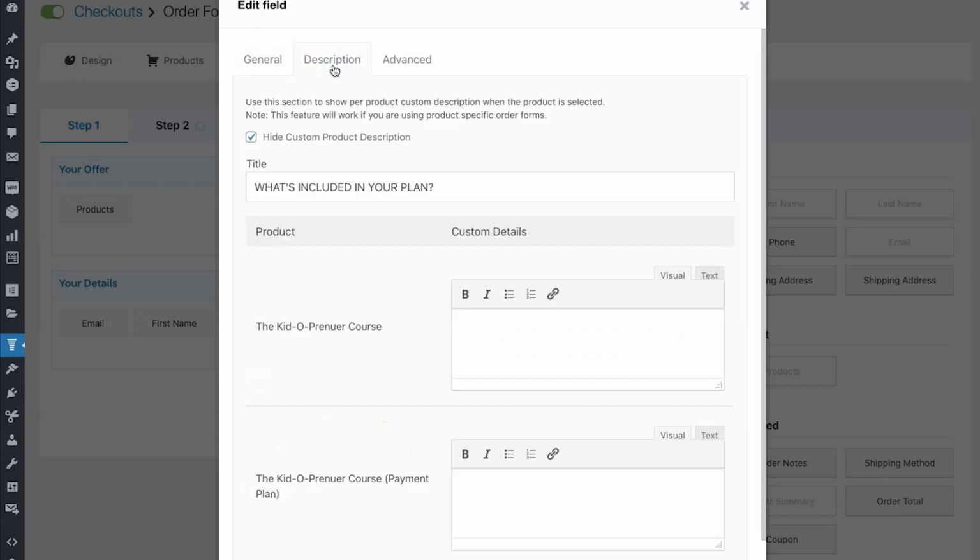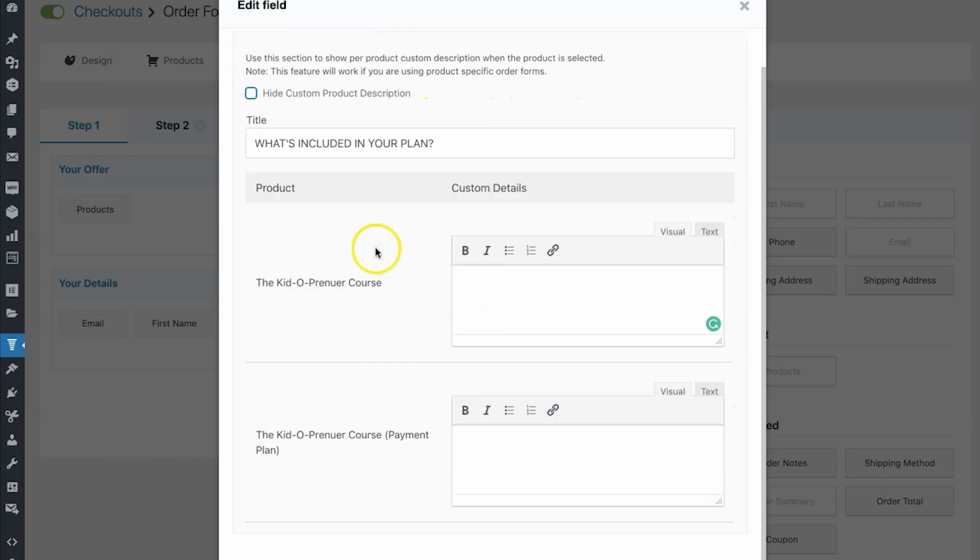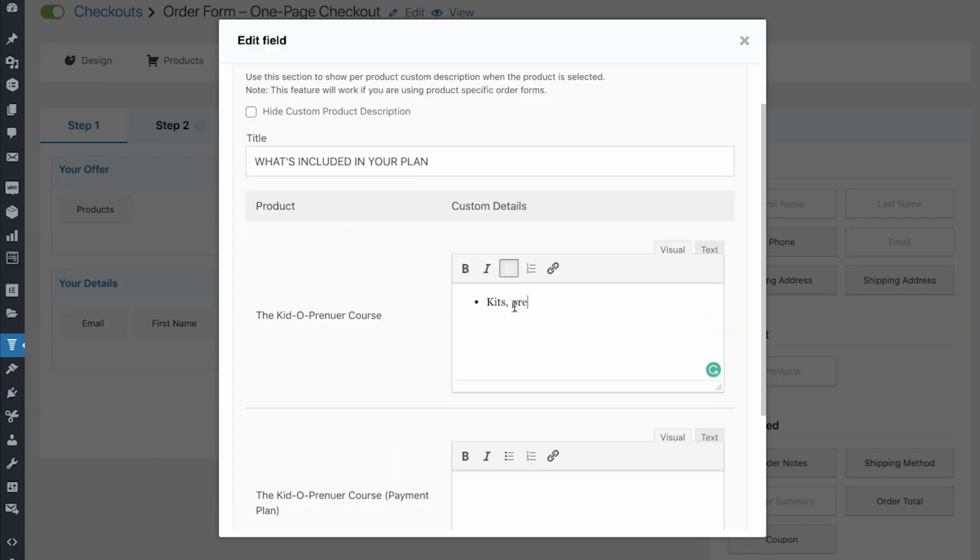Then in a description, you can actually add more detailed description. So let's say if you had 2 completely different options on the table and you wanted to give some additional description, you can do that over here. Let's just do it. So let's just say kids pre-recorded classes and pre-recorded classes learning material.